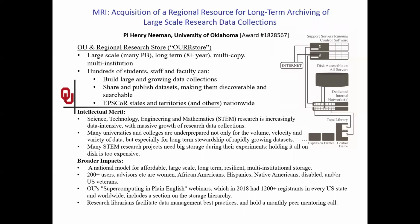OURRstore is going to serve hundreds of undergraduates, graduate students, staff, postdocs, and faculty from institutions across the United States in roughly half of the